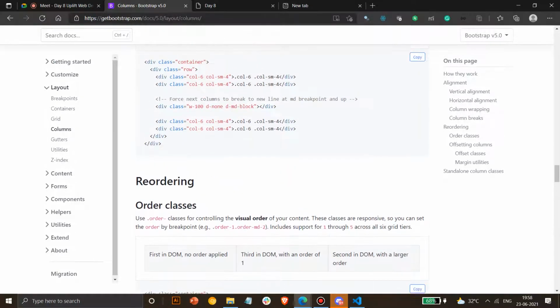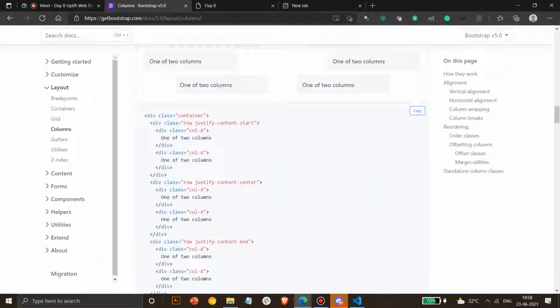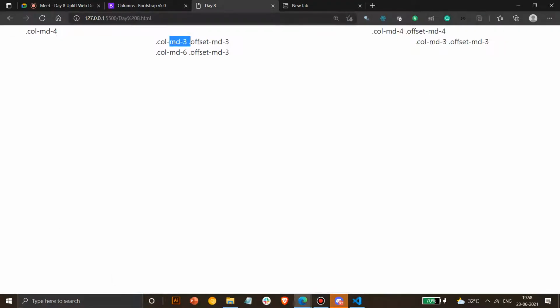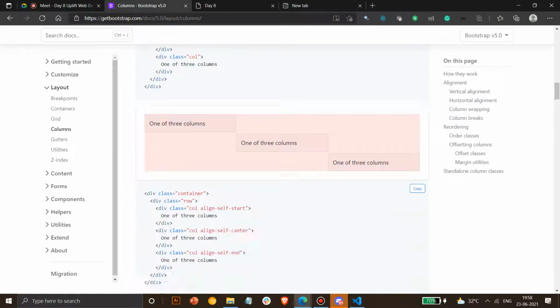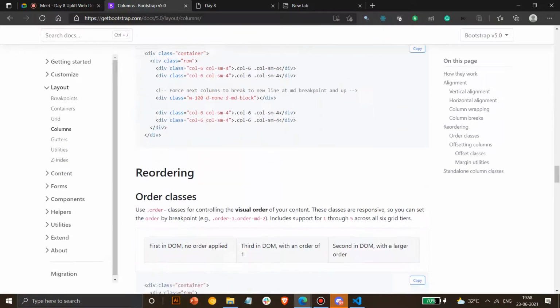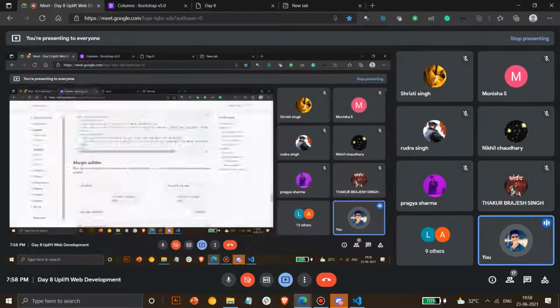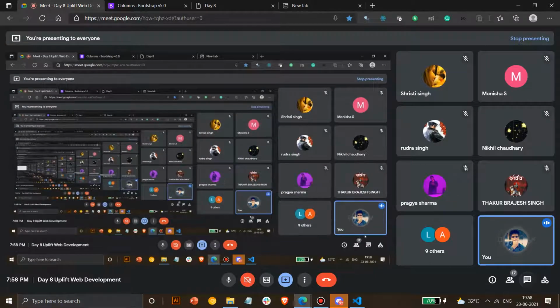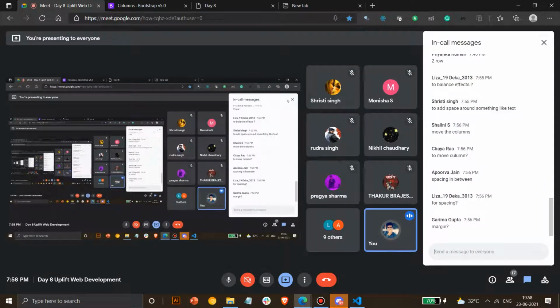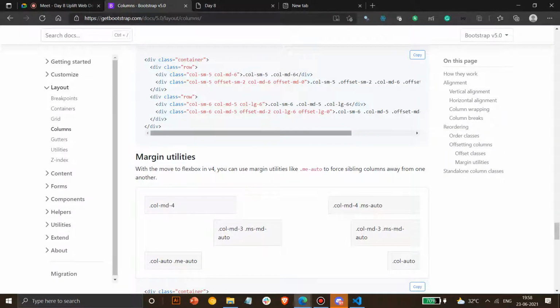So you don't have to learn this justify thing if you want. You can use this offset and everything will work with it. So always try using offset. That's better than using justify, align and everything. Okay, is that clear? Doubts? Any doubts in offset? You can ask, because this is important also, what offset is.